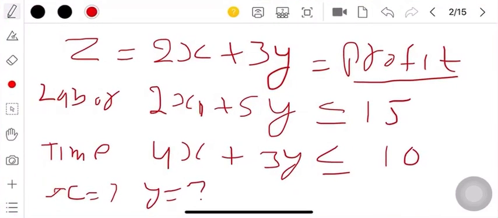But what happens basically, this is the solution of this particular problem at this point in time. So today this is the optimal solution, but we cannot say this will be the optimal solution after some time, because we know that the market is very fluctuating. Demand may vary, the cost of the product may vary, labor cost may vary, time may vary. Suppose we have got the optimal solution of the variables x and y. After some time these values may change.